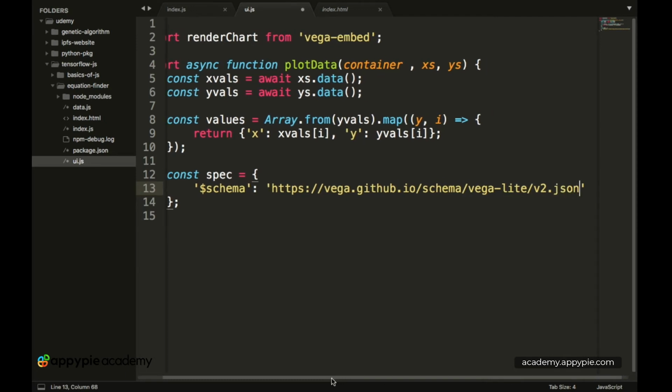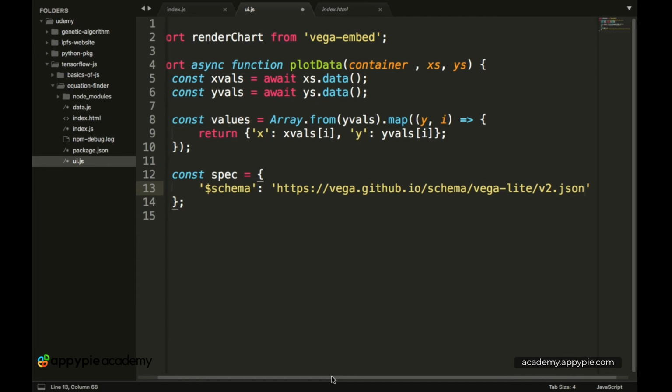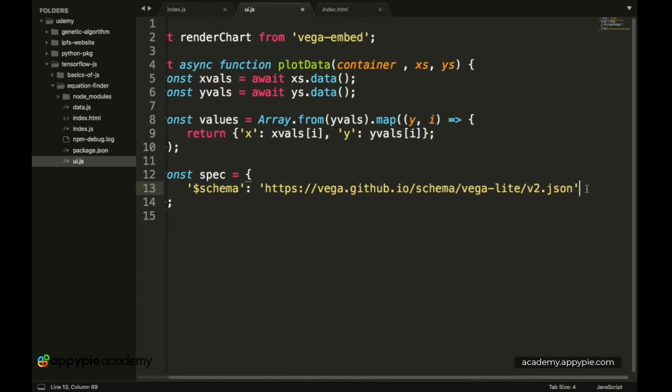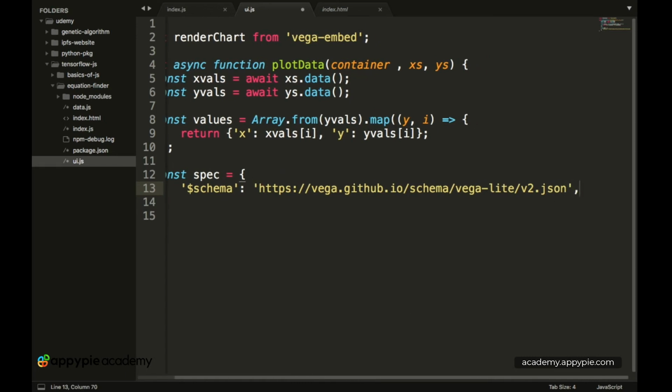So the entire URL is https://vega.github.io/schema/vega-lite/v2.json. After this we have to put in a comma because we are entering a new value inside our JSON.